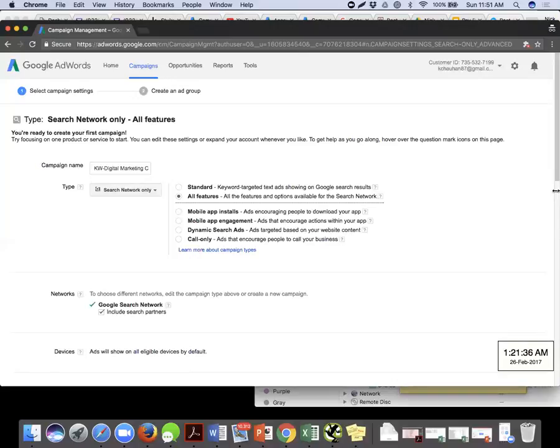Then I know that my audience is majorly going to be searching from a mobile device, I'll select that. When you start fresh, when you're starting your campaign for the first time, you're not given the option from the device's perspective. This option will be there for sure, but only once your ad has started running. Some data has poured in, that you've got certain impressions, certain clicks, ads are being shown, certain conversions. Then Google will give you this option of editing and deciding that you want to show your ads